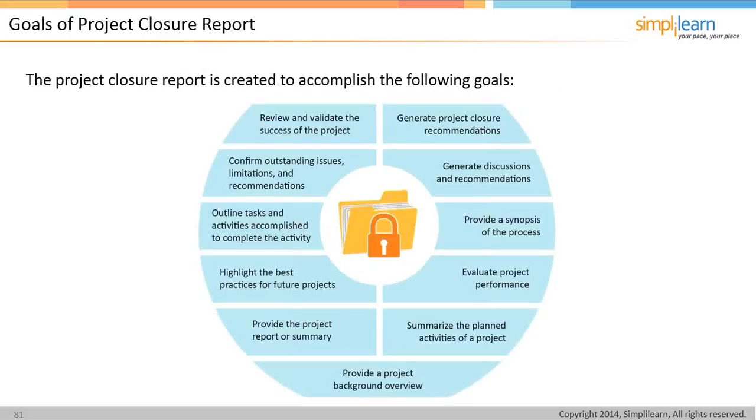So you're going to create a project closure report, because it needs to accomplish some things. You're going to review and validate the success of the project, generate project closure recommendations. Maybe there were some spin-off project opportunities. Maybe there are some other recommendations that have to be made or should be made. Confirm outstanding issues, limitations, and recommendations. Generate discussion recommendations. Provide a synopsis of the process, and so on. So these are some of the things that you will do. That's actually a pretty comprehensive list, but these are some of the things that you will do